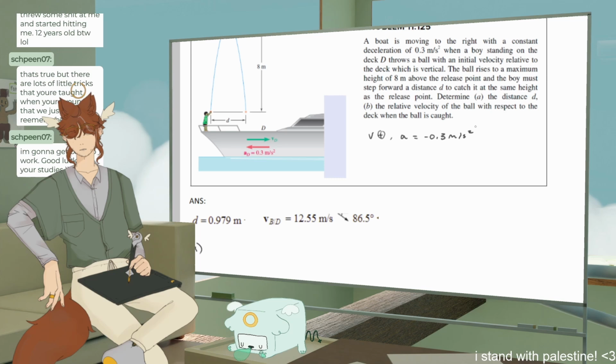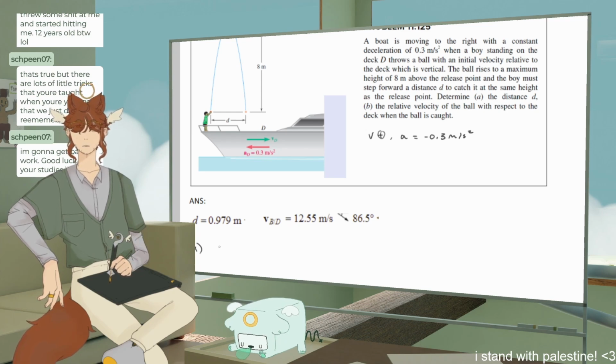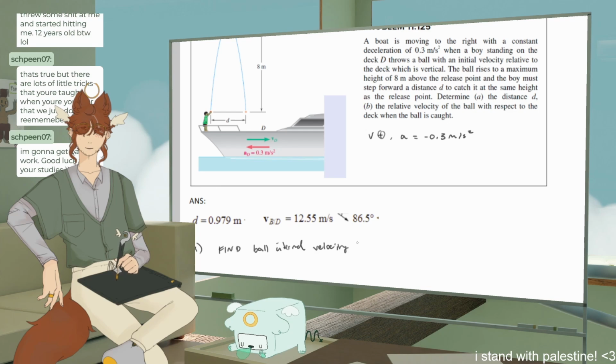So we're going to have to get an initial velocity of the ball relative to the ship, and then change that to be in the reference frame of the ship, I think. So let's say find ball internal velocity,